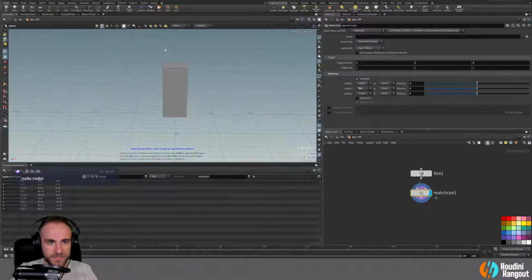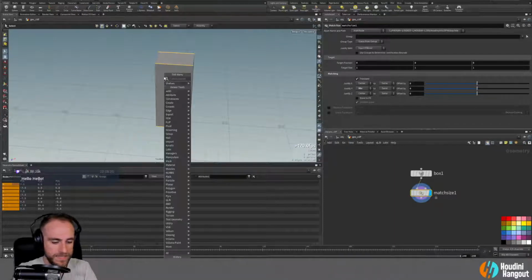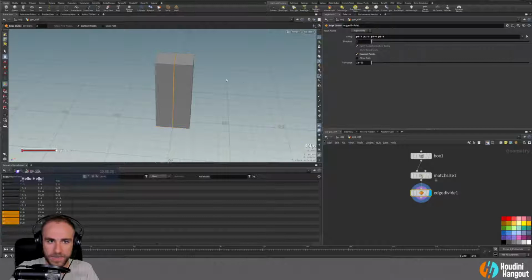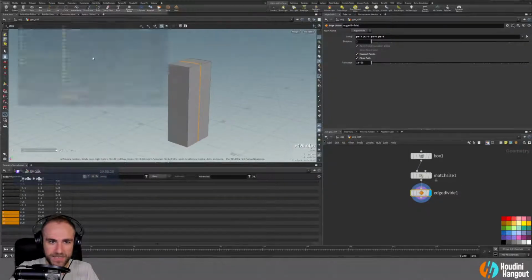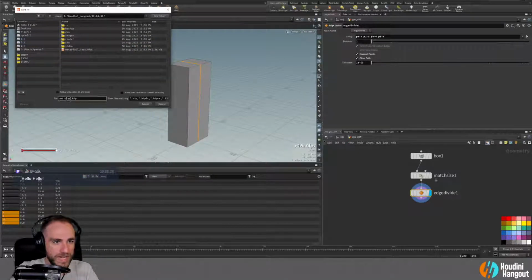So let's do this, make sure we're not selecting anything. I'll just select all of those and do edge divide. That should connect all of those points, and make sure the path is closed. Also, remember to save. We'll just say,